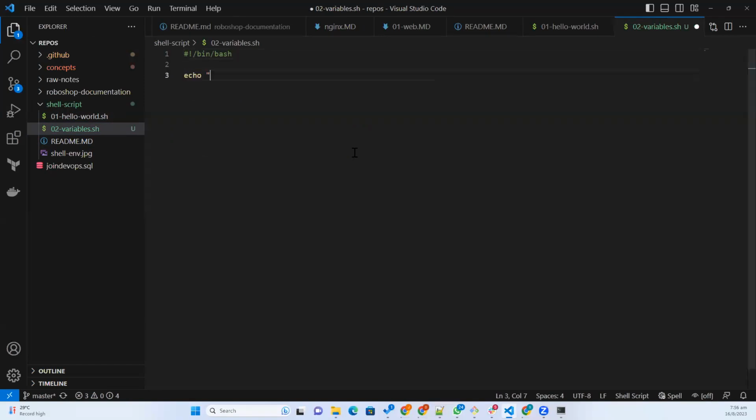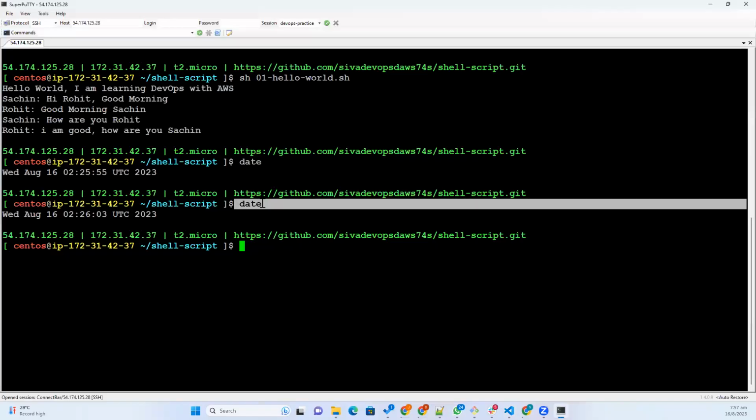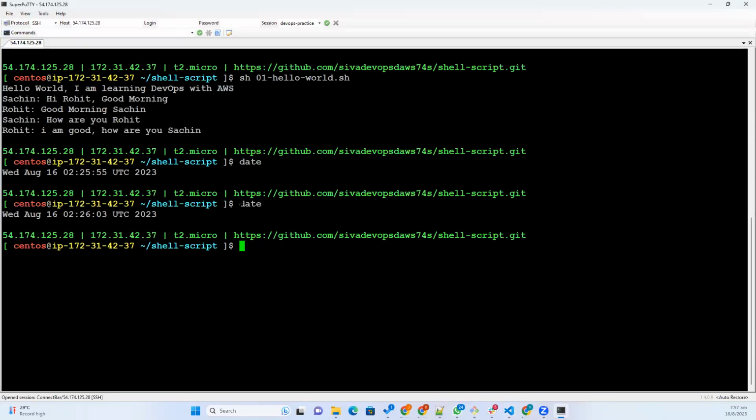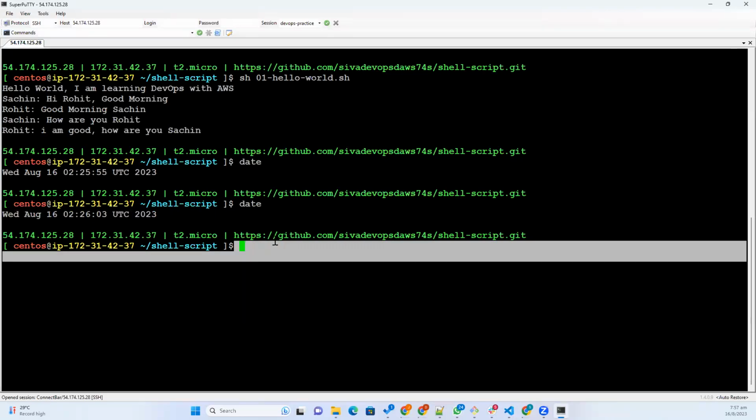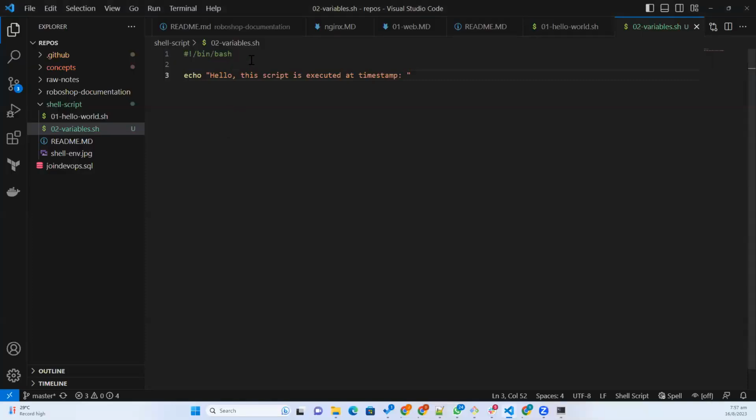Now you need to print the date. Hello, this script is executed at, and you need to mention the time. So what is the time? You will get the time through the date command. So I need to run this date command inside the script, capture this output, and show it inside the script. The way is here,